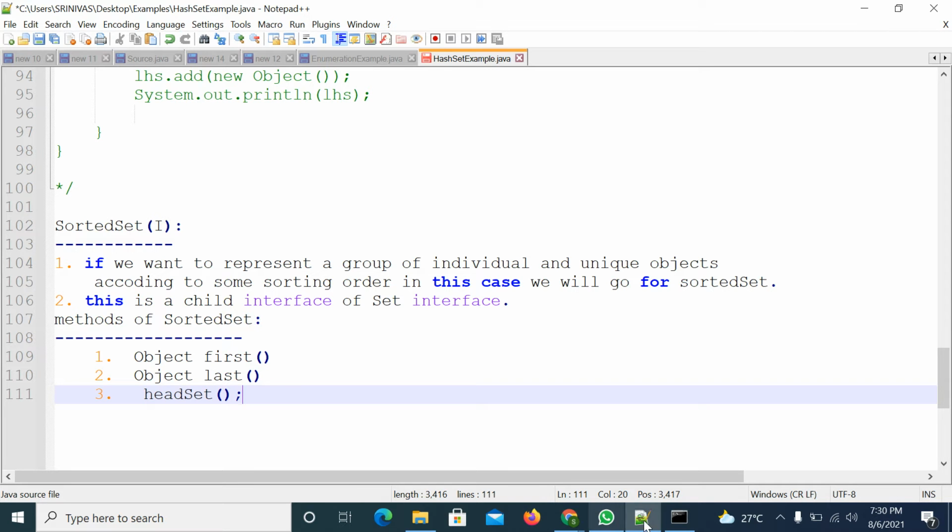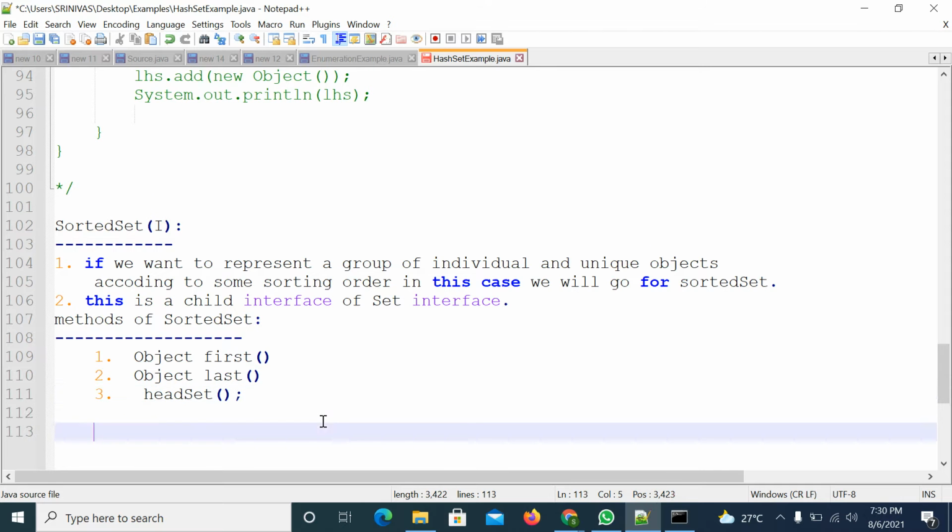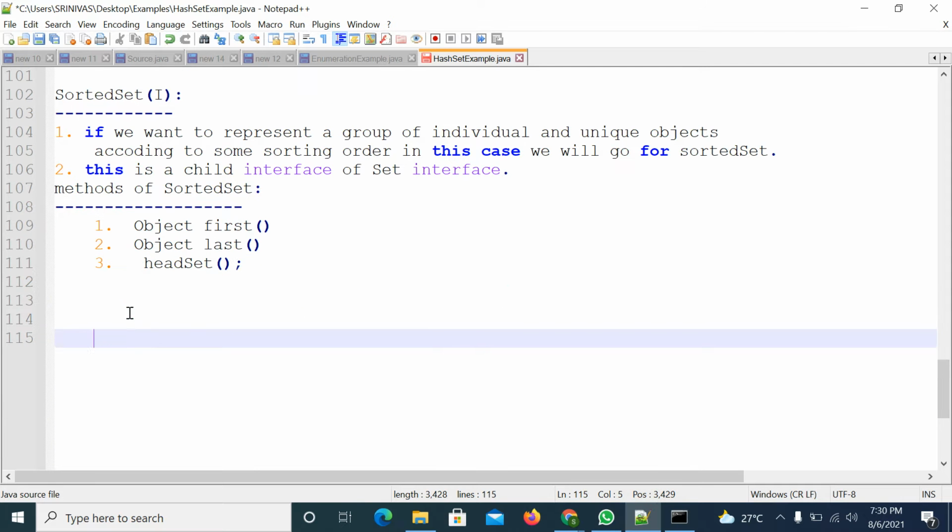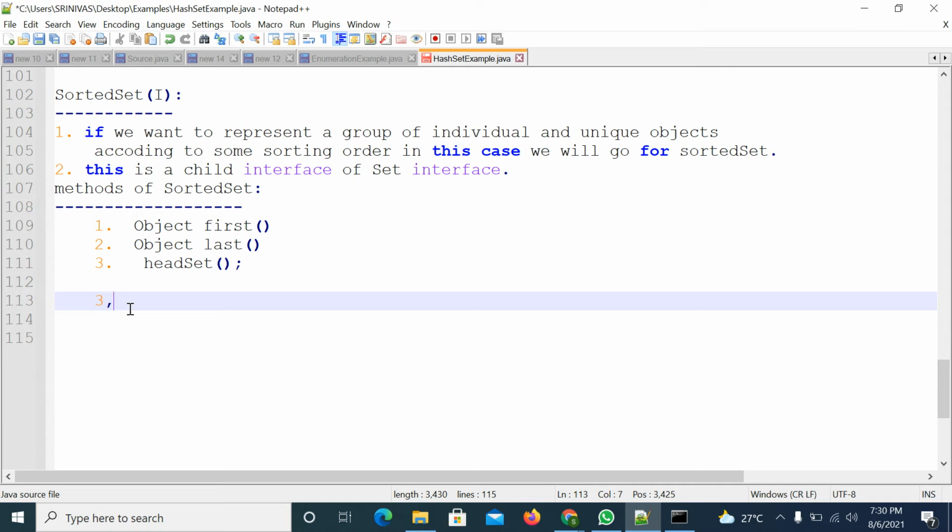Okay, I will explain with one example. Suppose you insert the elements like this: 3, 5, 2, 1, 99, 22, 0.